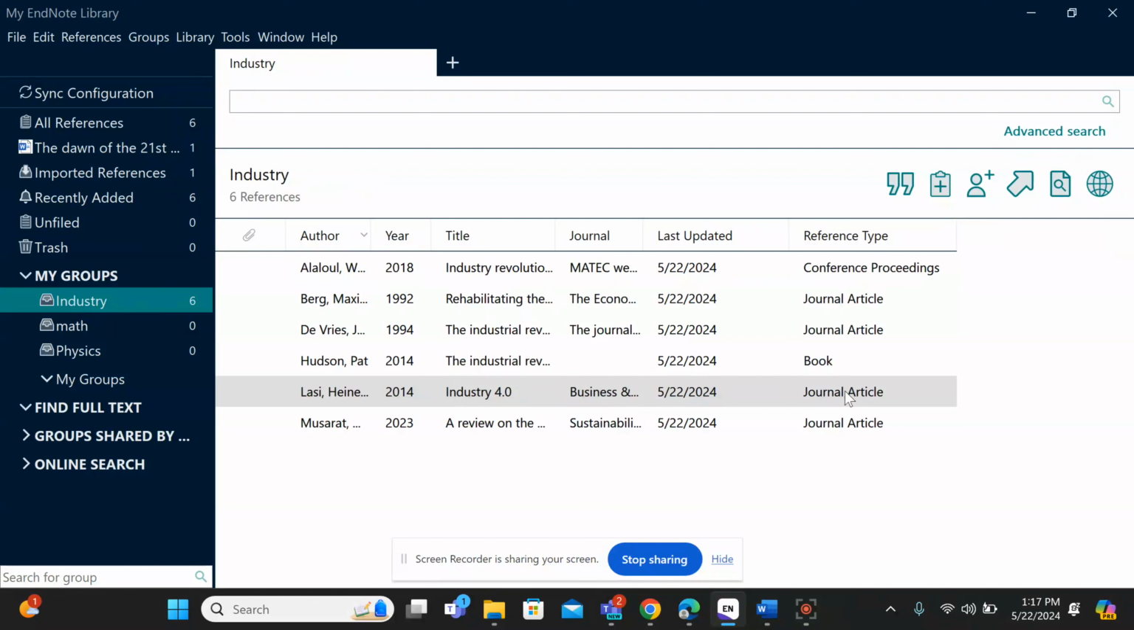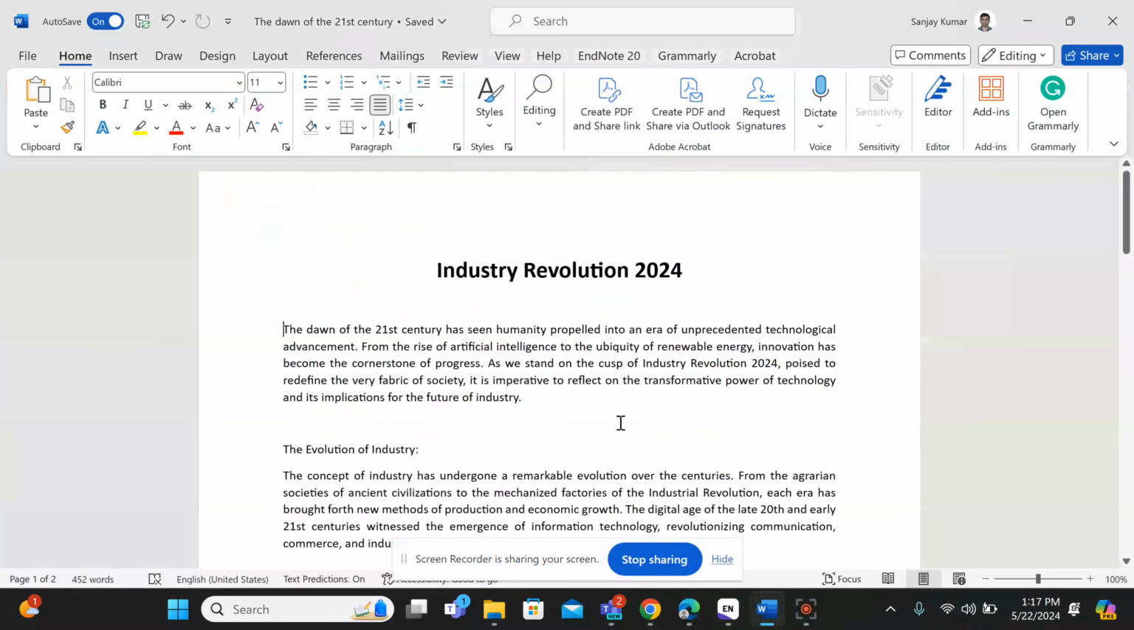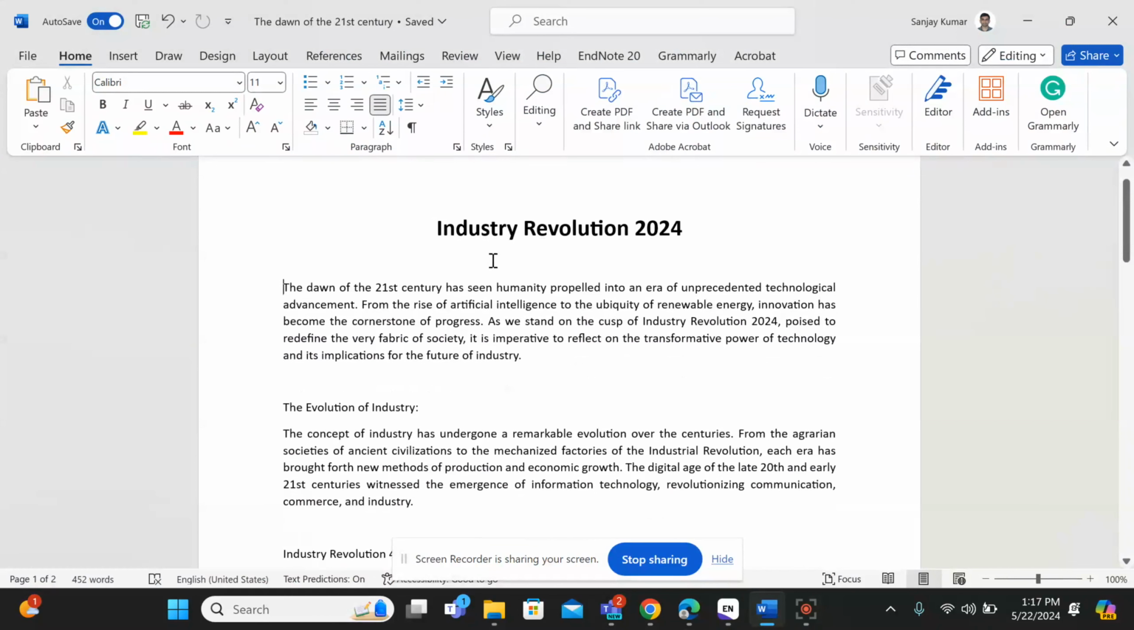In this stage I showed you how you can add references into the EndNote library. Now, don't close this software. Open your MS Word file where you want to cite. Let's say this is one example. I'm just writing an article on the industry revolution 2024,